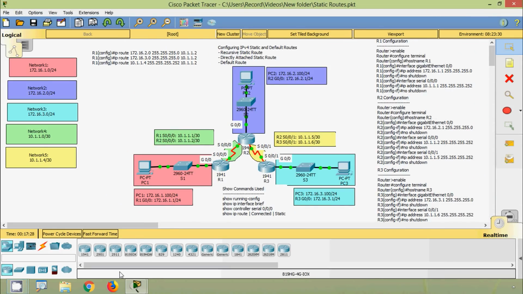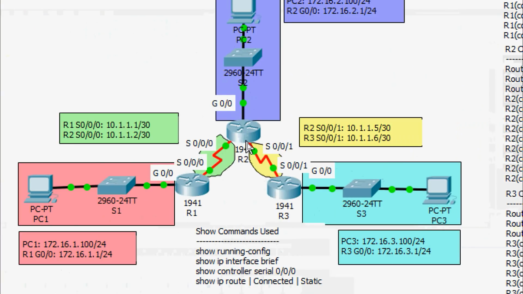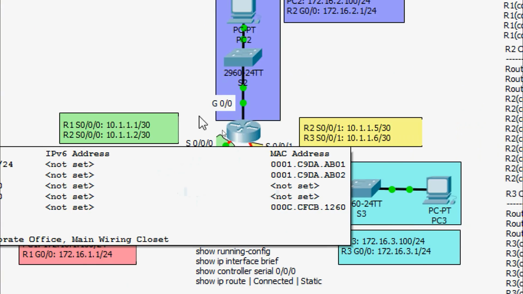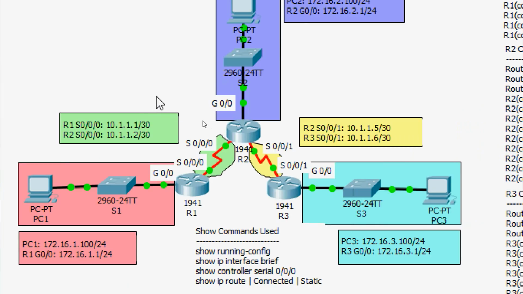Now we will configure directly attached static routes on this router R2. We know what directly attached static routes are. A directly attached static route relies on its exit interface in order for packets to be sent to their destination. Coming to the topology, when we consider this router R2 and want to configure directly attached static routes